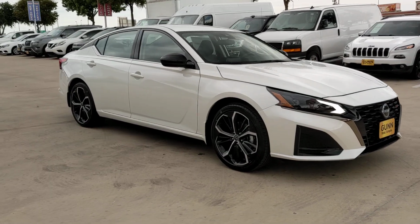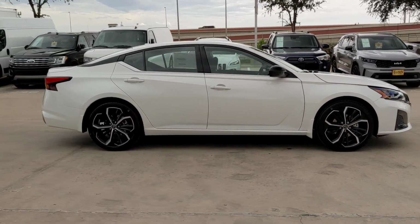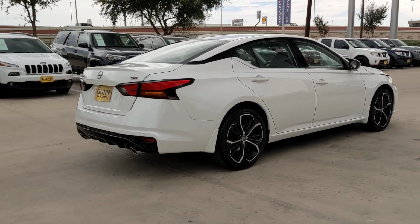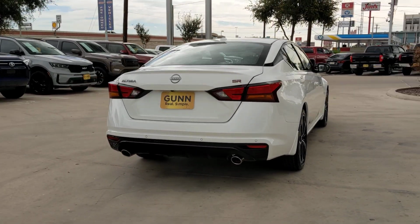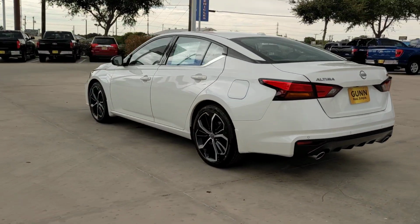You will be amazed by this 2024 Nissan Altima. Take a closer look at this sporty and practical Altima. From its athletic performance to its available all-weather capability to its spacious, comfortable cabin, this stylish, safety-minded midsize is the